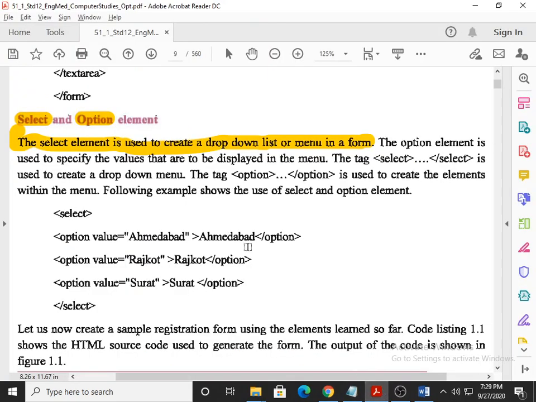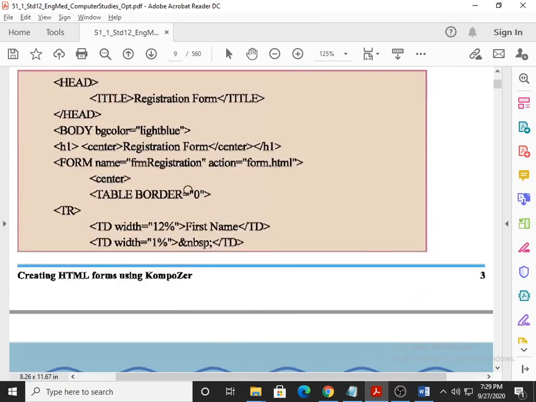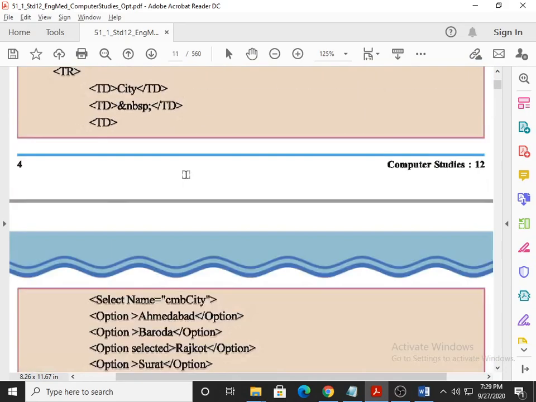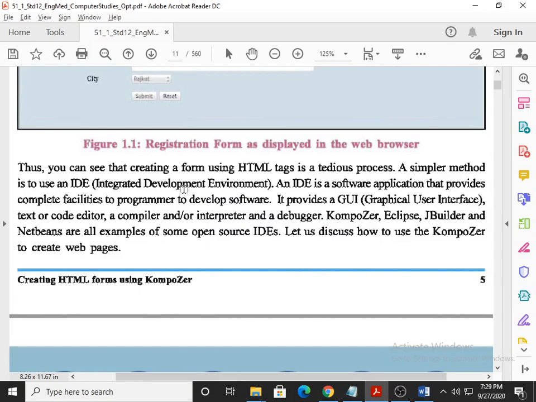I hope you are able to understand the message I want to convey to you. In the next lecture, we will learn about the table technique, and we will also discuss this big example which is right now scrolling on your screen, as a third part.